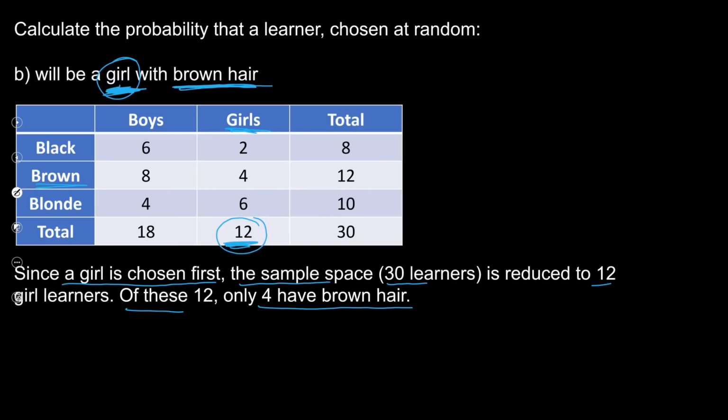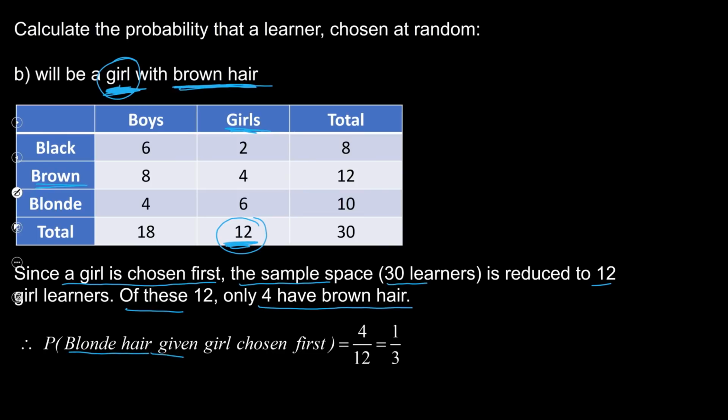Are we together? So this will give us the probability of brown hair given a girl is chosen first. That will be 4 out of 12. Are we together? Which is 1 over 3, or you can write that as a percentage. Okay. Our next question,